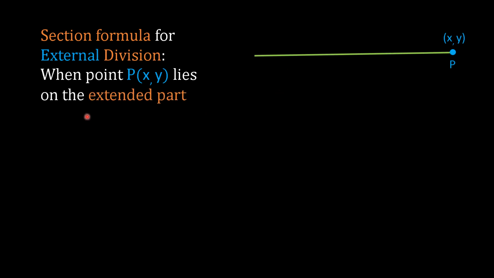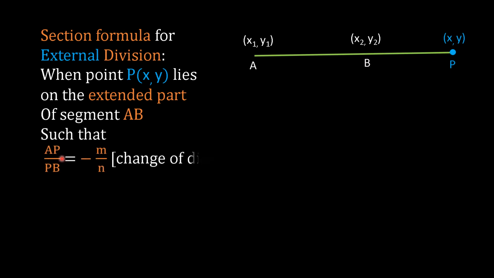When point P(x, y) lies on the extended part of segment AB, this is point A, this is point B, this is segment AB, and this part is the extended part of segment AB, and P lies on this extended part of segment AB and not between the points A and B. So please note this thing,